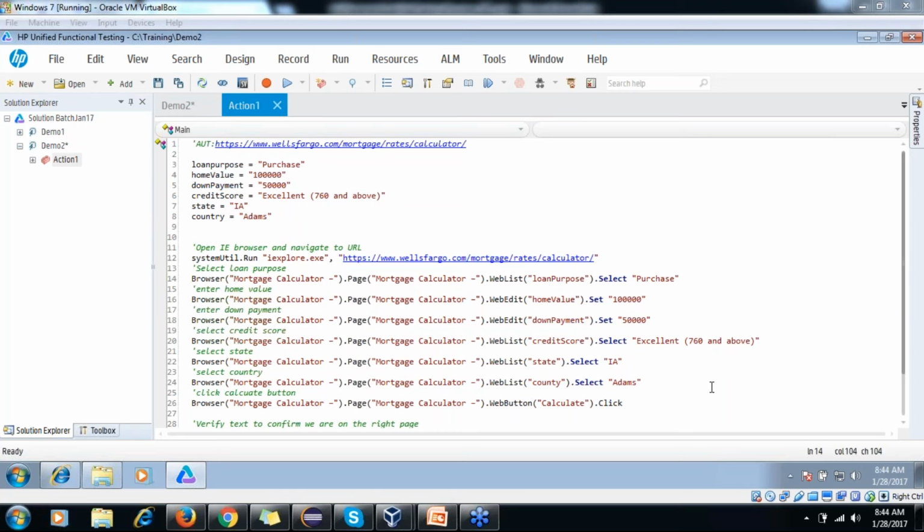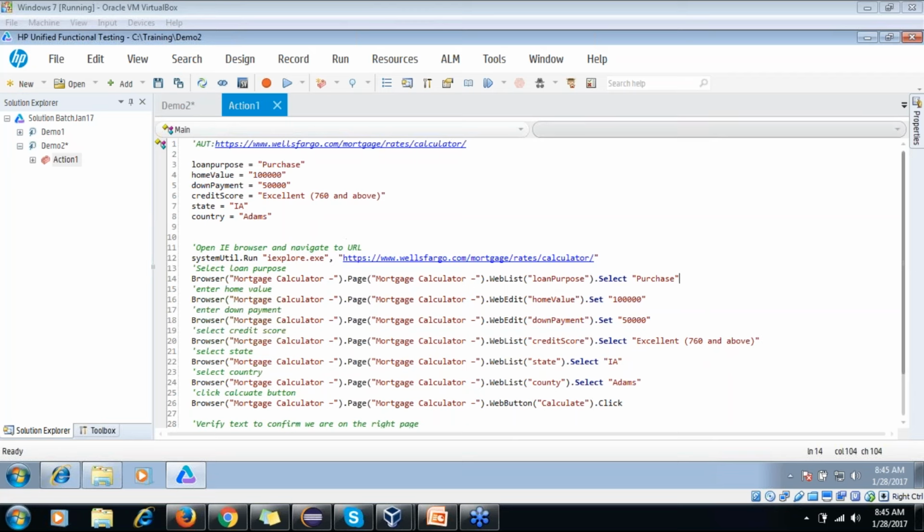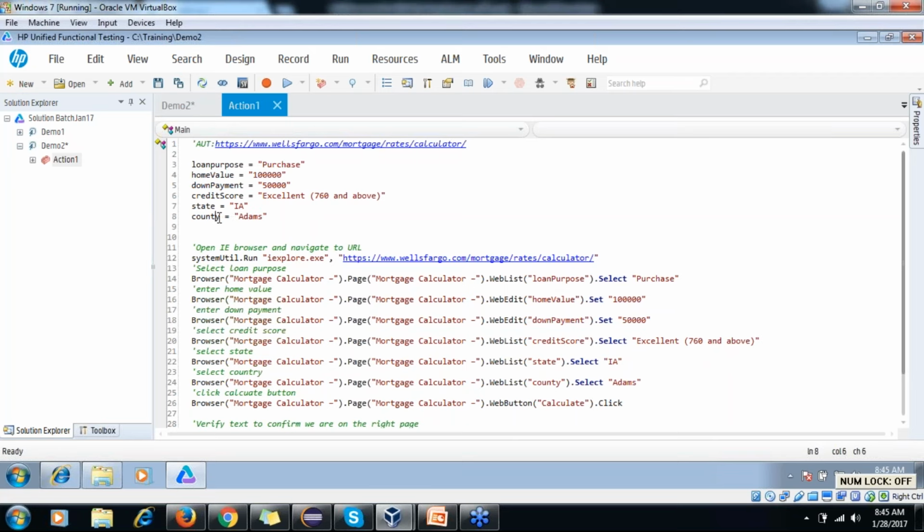Yes, I added county, right? Any question on this? Okay, it's county, it's not country. Thanks for pointing it out.